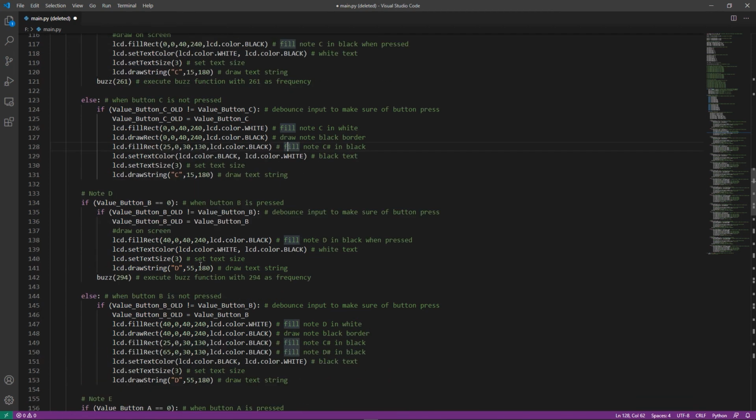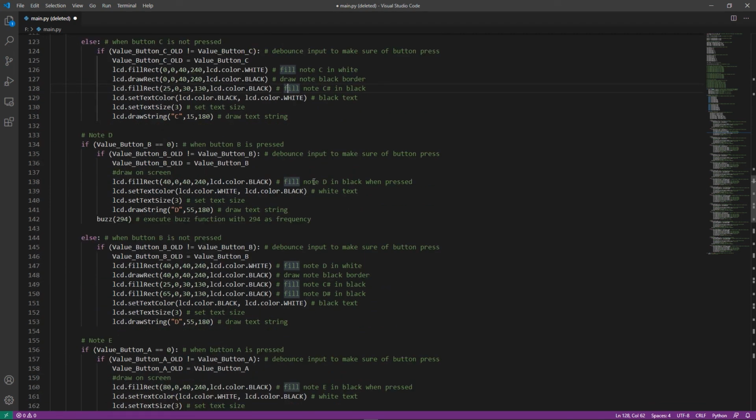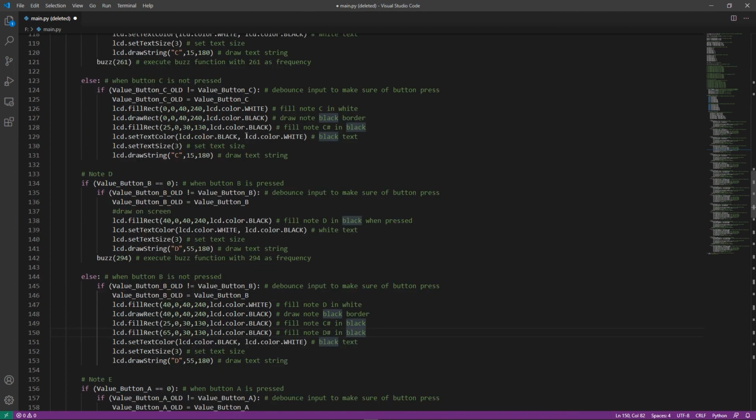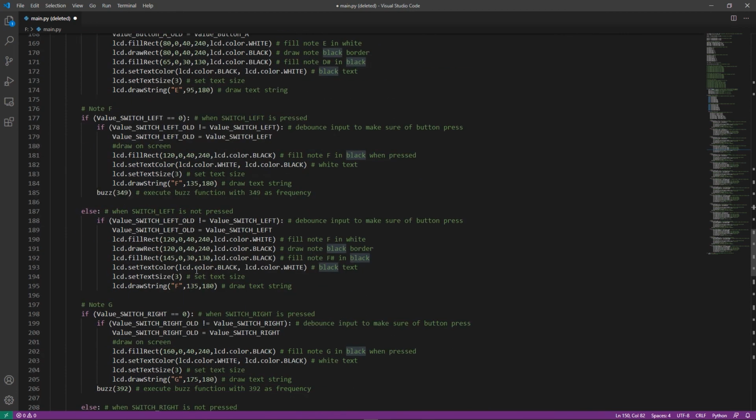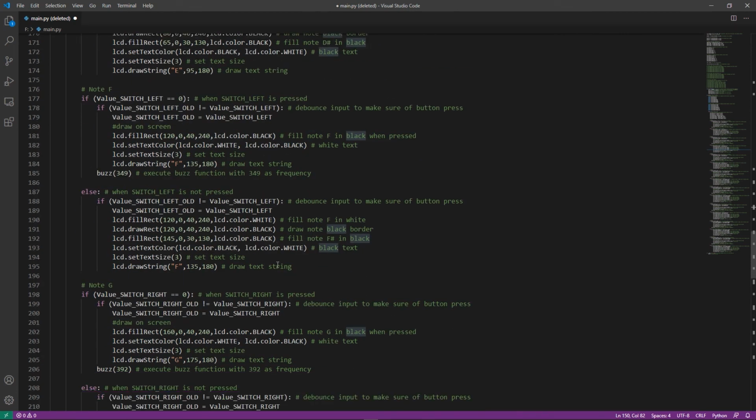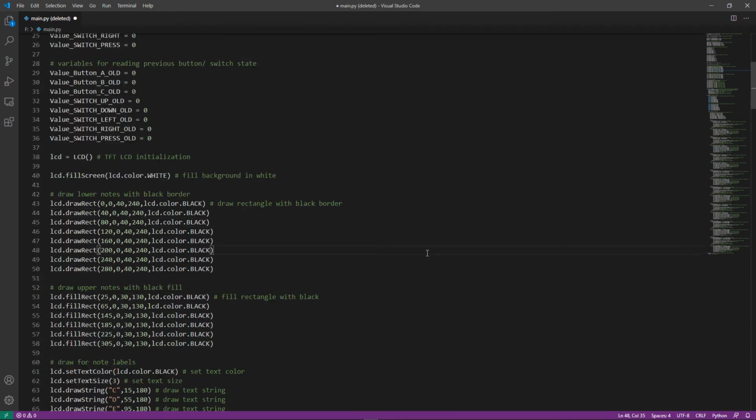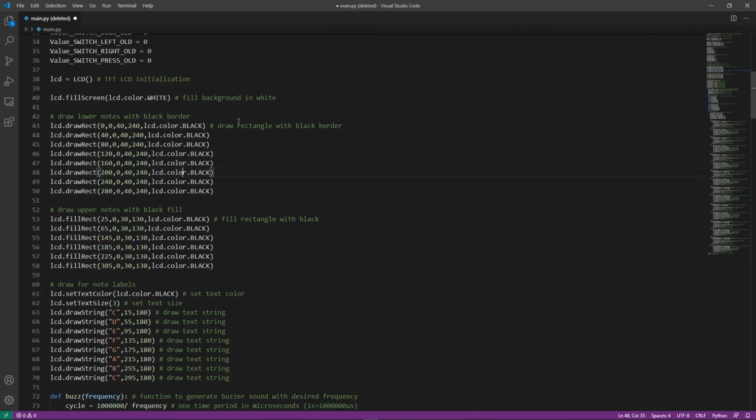So similarly, for every other note, after every press, I have written these commands inside the else statement to display different parts of the keyboard again. So all these else statements under these notes combined together form the complete keyboard. So that is the reason you don't need to include this in your code. However, I included it in the beginning just to show you how the keyboard can be drawn on the wire terminal LCD screen. So it's just for your reference.